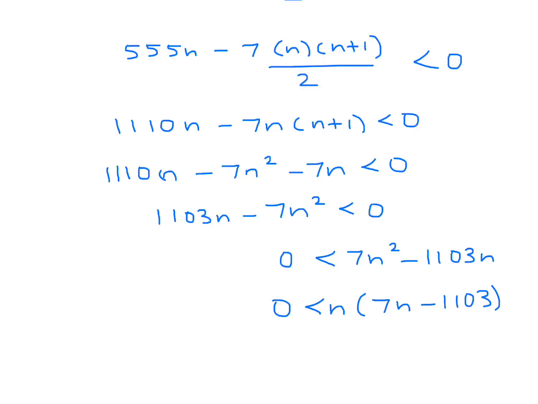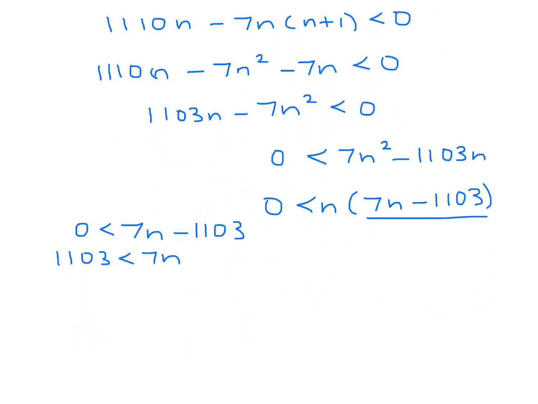Now n is obviously greater than 0, so we have to concentrate on this part. 7n minus 1103 is greater than 0, and therefore 1103 is less than 7n. And finally, n is greater than 1103 over 7. And this is equal to approximately